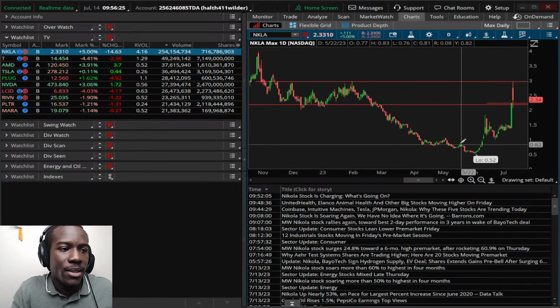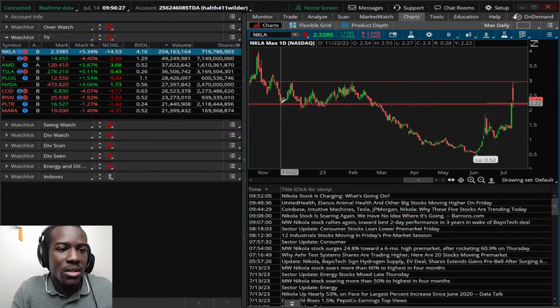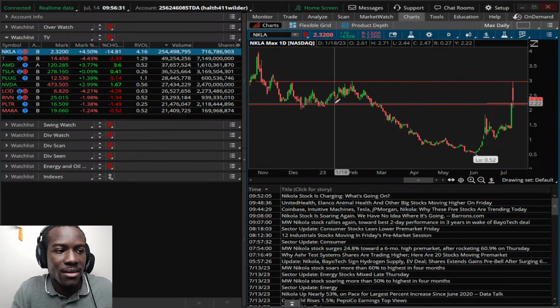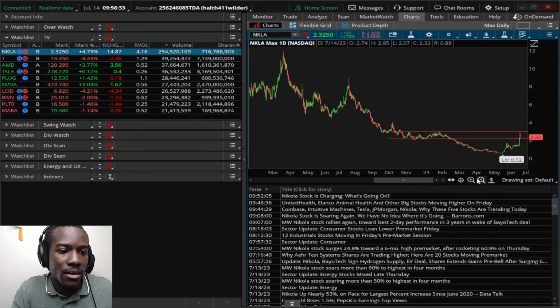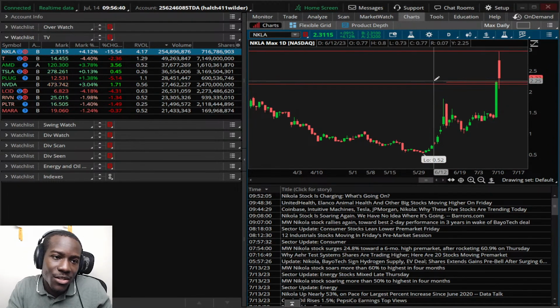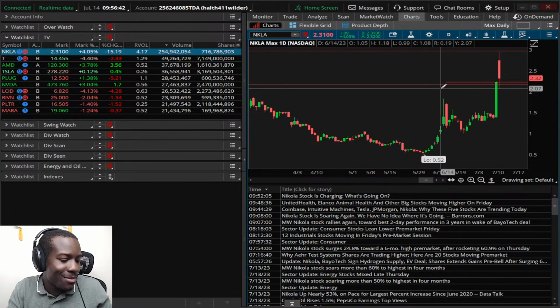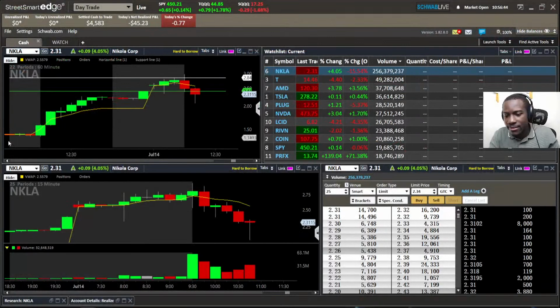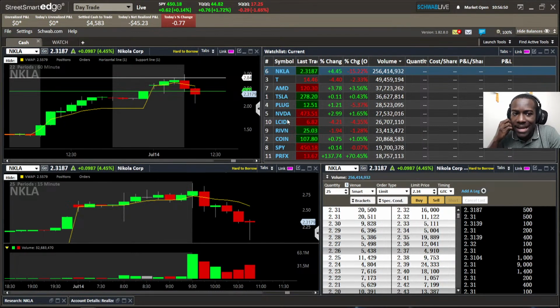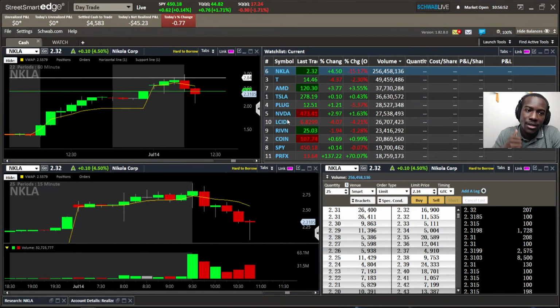And let's look back a little bit. This was the bottom side. What is this? 217. So it did test a couple of touched points here and got a little bit of a bounce off of that. But will it make it back to 250 and all that? I'm just not confident in it. Even with it, it's a 1 on the beta, so it's not heavy market correlation.